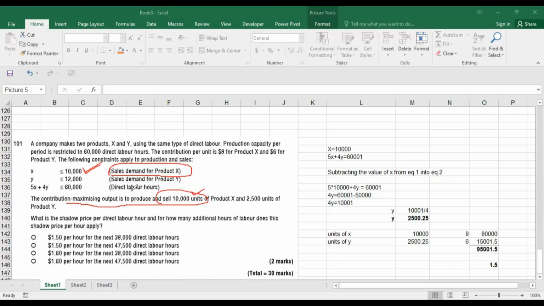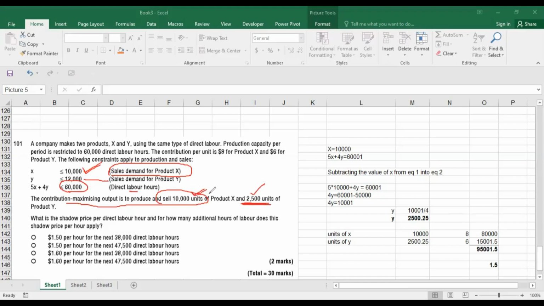If you get one more labor hour, will you produce X? You will not produce X because your sales demand for product Y is 12,000. But how much is your budget? How much are you making? You are only making 2,500. Why are you making less? Because you do not have additional labor hours. Whatever labor hours are there, these 60,000 labor hours, you have divided between making 10,000 of X and 2,500 of